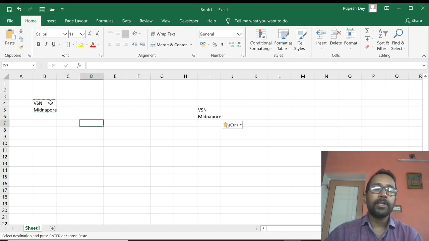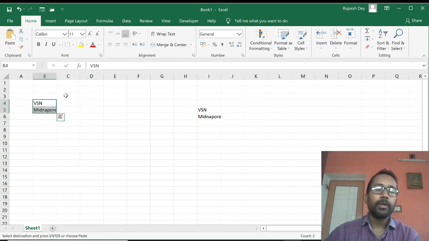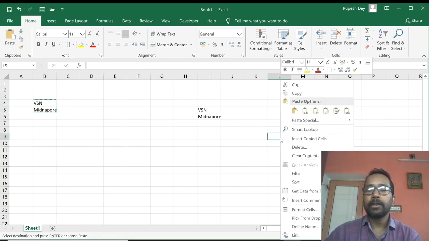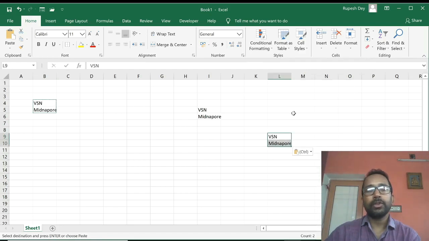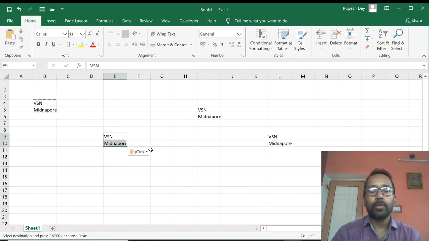Or you can do the same thing by right clicking on the text. So select the text, right click on that, and a context menu will appear. From this menu you select Copy, then find the new location where you want to paste it. Again you right click there. From that menu now you have to select this button which is called Paste. So this will appear. Once you copy the contents of one or a few cells to the clipboard, you can paste it multiple times until new data is cut or copied.